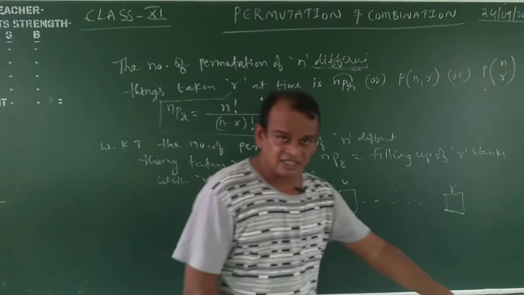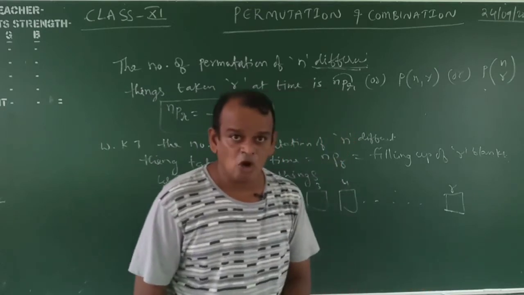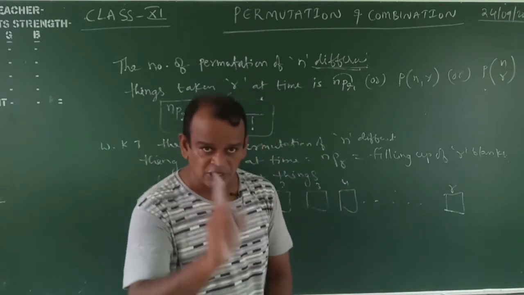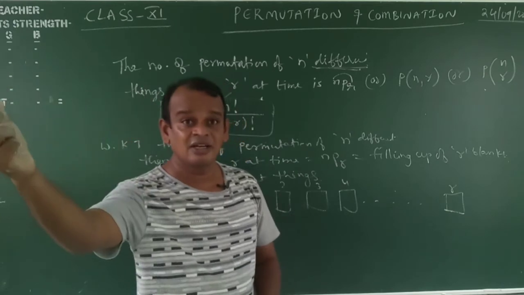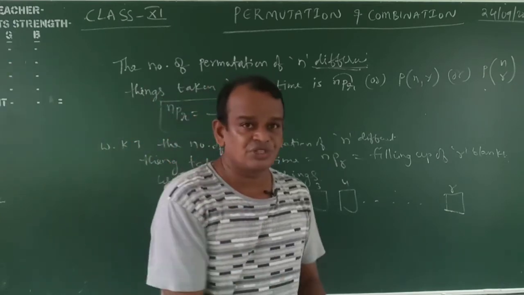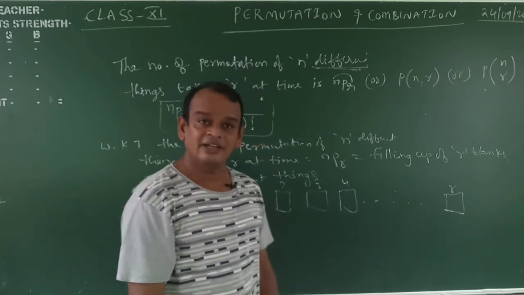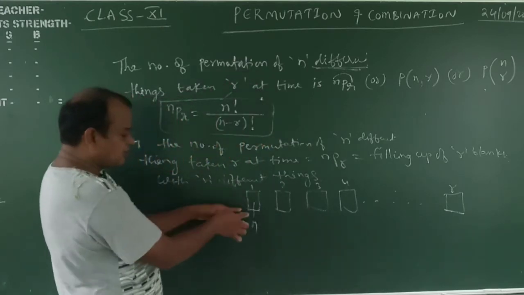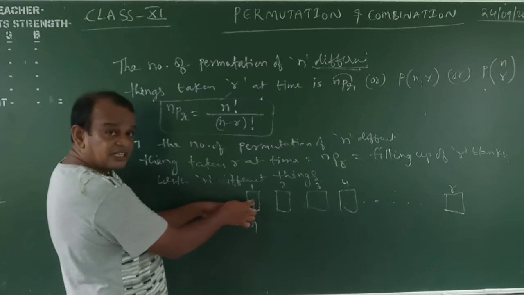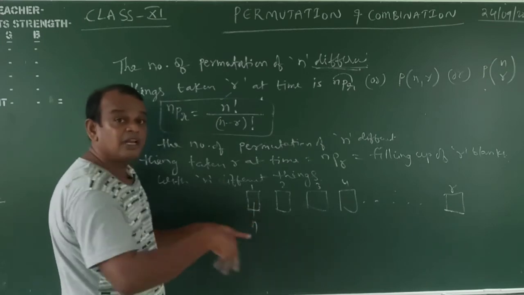Here 4 chairs are there. First chair. How many students are sitting in the first chair? Means only one student sitting. But chances are any one of the 10 students may sit here. Means how many chances? 10 chances. Okay. 10 chances are there. Means here n objects means n chances. Here how many students are sitting? Only one student is sitting. Remaining how many left?